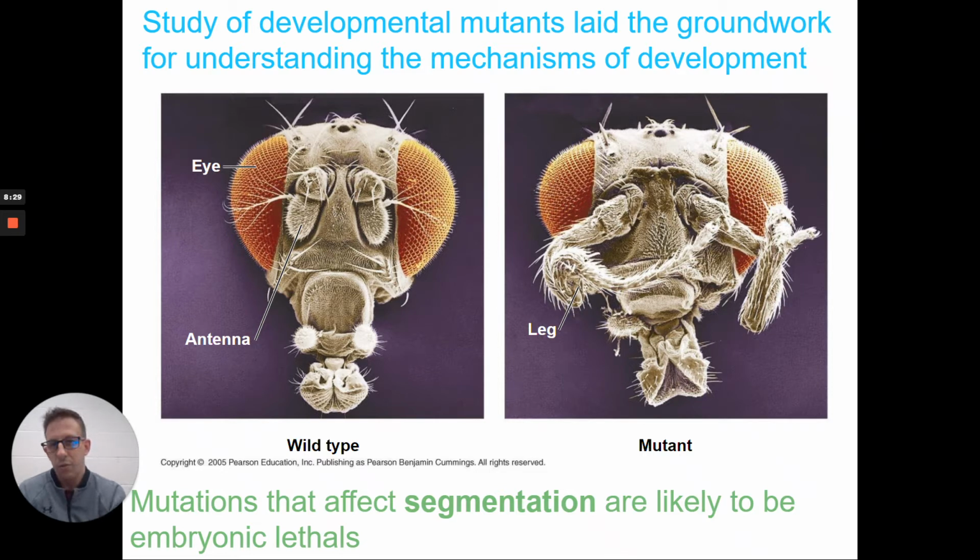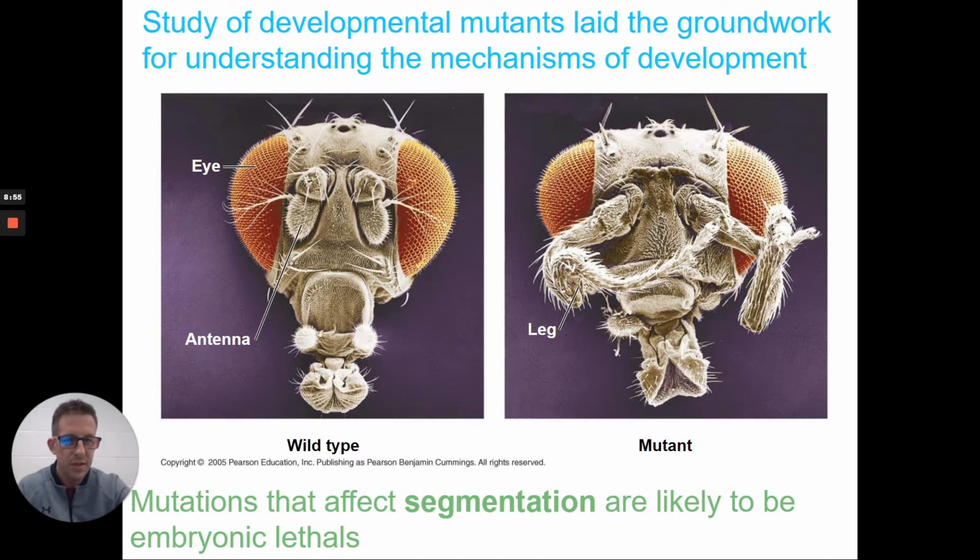And so one of the things that they actually look at are what are called embryonic lethals, which means they are flies that never actually were born. They died before they ever hatched. And so they can look at these embryonic lethals and they can identify mutations that would have affected segmentation during development. And the reason I throw this up here is to give you that history behind the research,